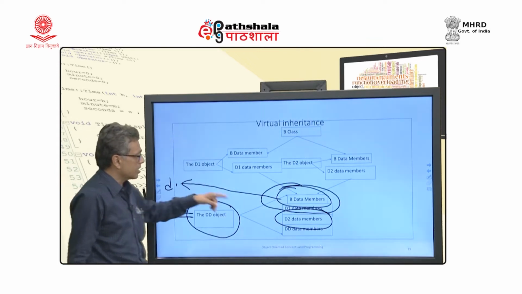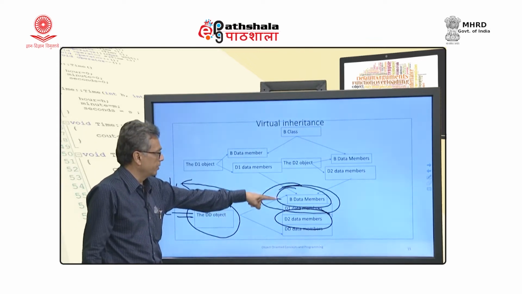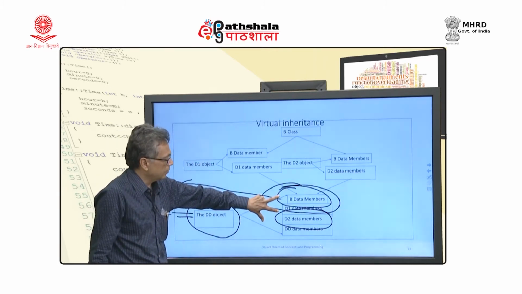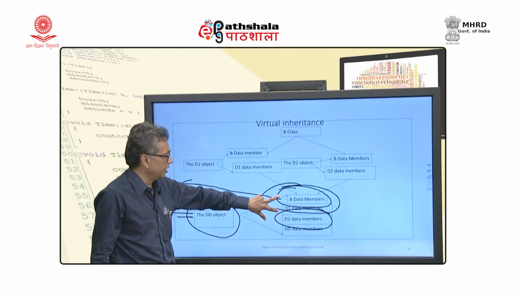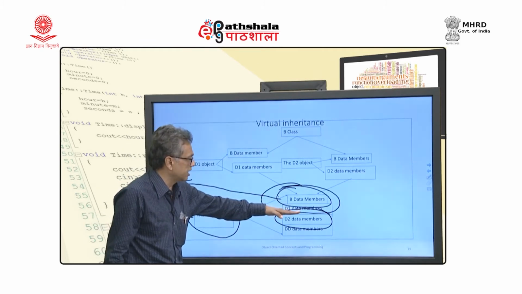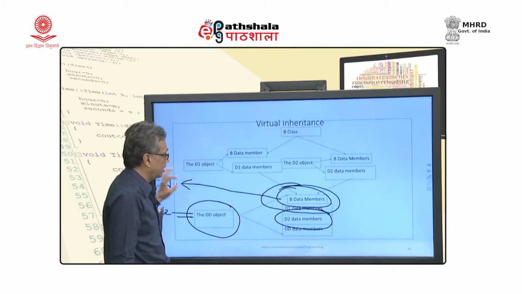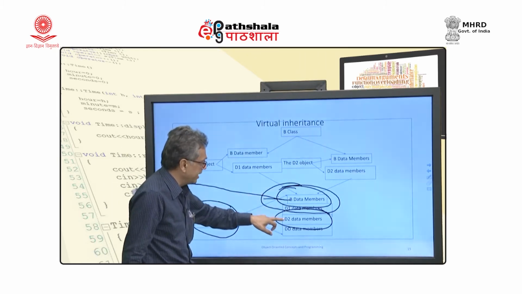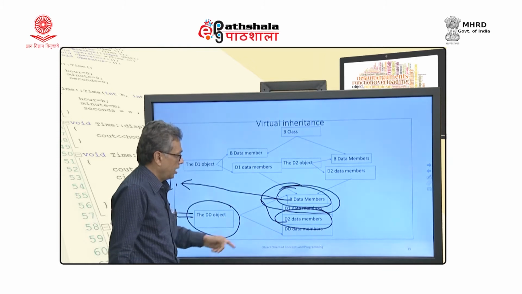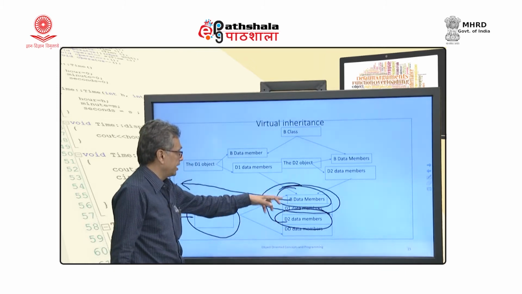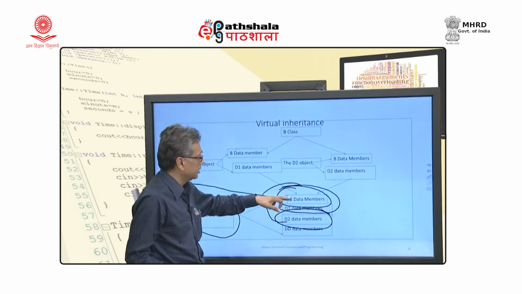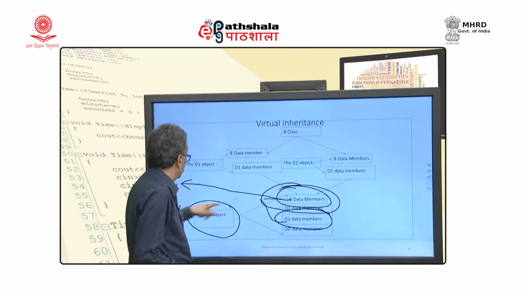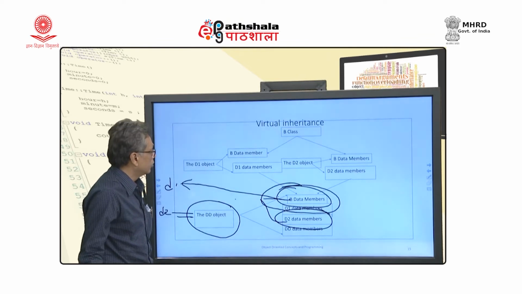But for all subsequent ones, this is the first data object, the first one. For the first virtually inherited class, you do not have a problem, you can just take this sub object and assign, but in the other case we will have to find out the base class as well as the derived class part. If I have 10 probably and I am asking for the 10th object, I will take this base class, skip this part and pick up the 10th part, combine both of them and return.